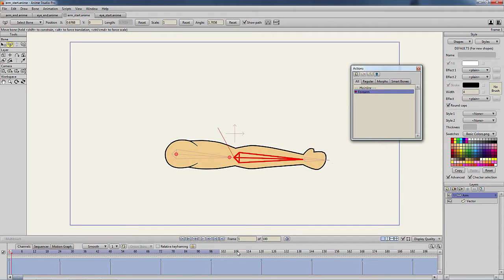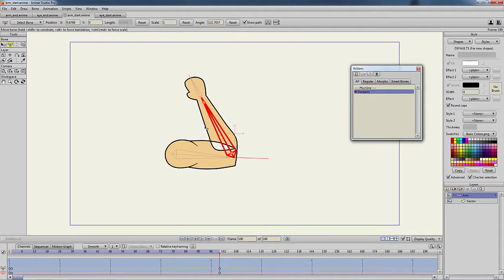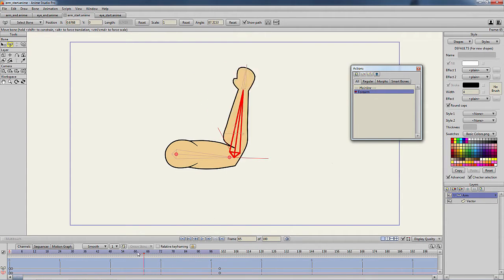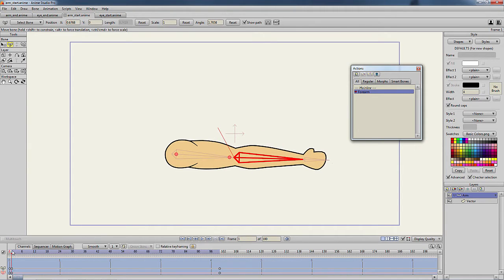First thing I like to do in a newly created smart bone is to create the bone rotation keyframes. On frame 1, I nudge the bone to create a keyframe. Then I move the timeline to frame 100 and rotate the bone so it reaches the limit I had set with an angle constraint. The action can be any length you like, but I find that 100 frames is a good number for smart bones and gives enough room to play with.